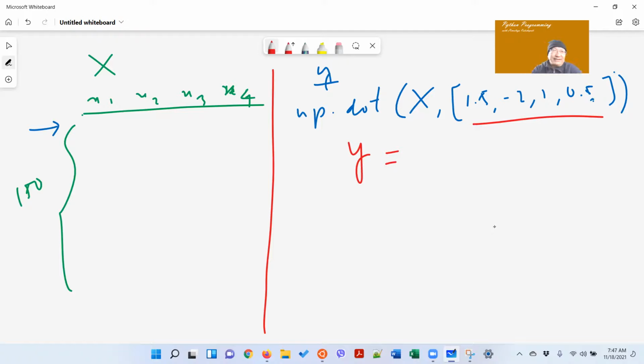What's the shape of y? यो 100/4 को छ भनेपछि y को शेप 100/1 को हुन्छ, ओके। सो हरेक रोको लागि एउटा स्केलर भ्यालु दिन्छ।